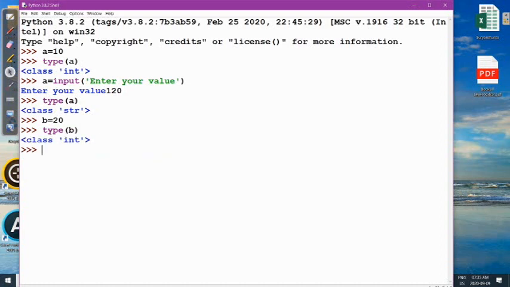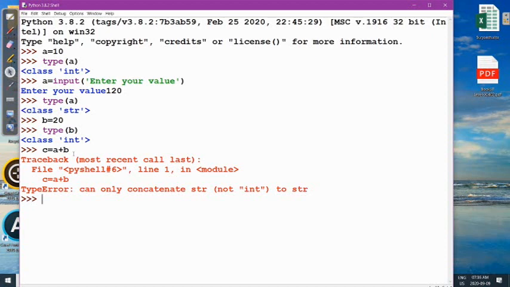Now if you want to add A plus B, where the type of A is string and the type of B is integer, and you perform this type of operation, C is equal to string plus integer value, this will give you an error because you can't concatenate